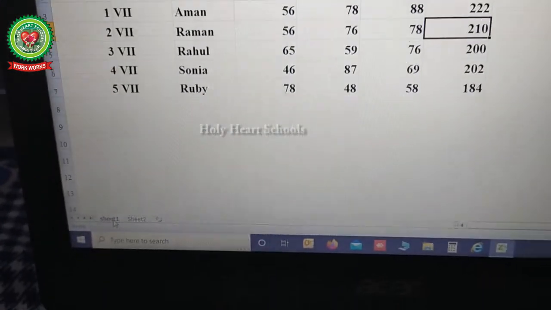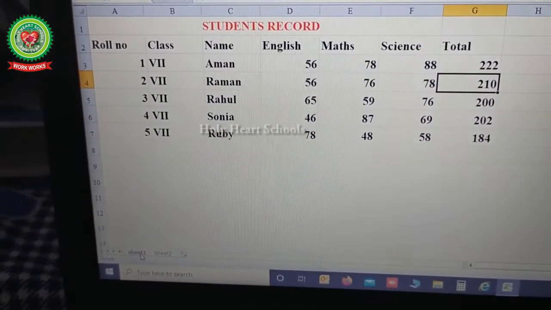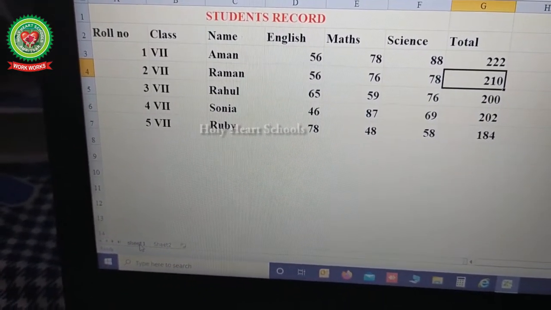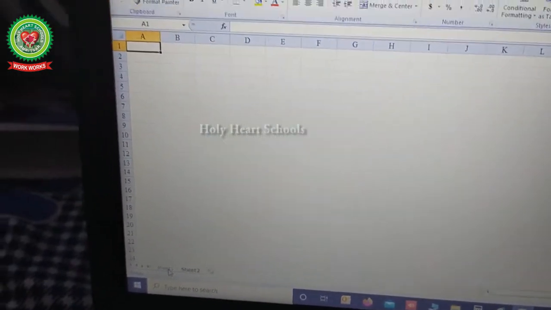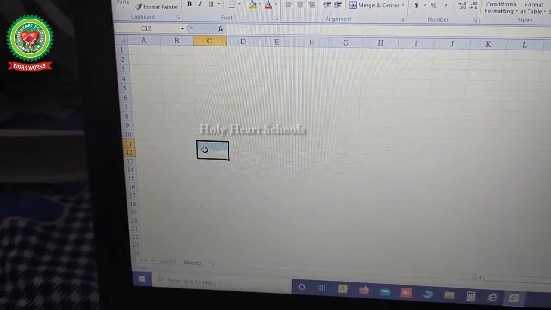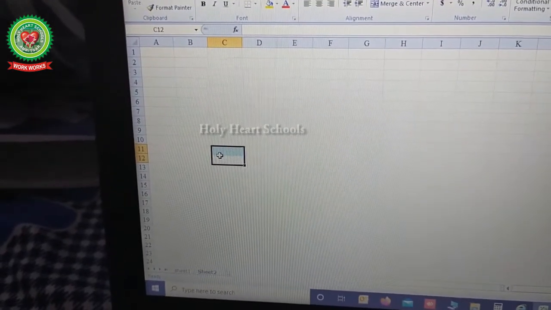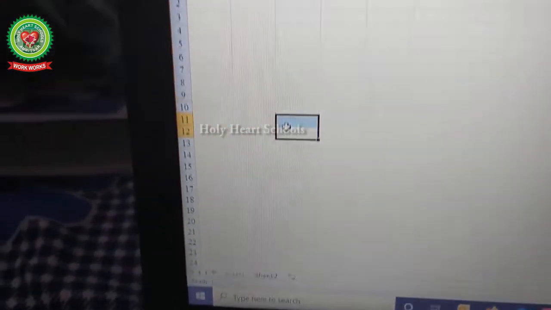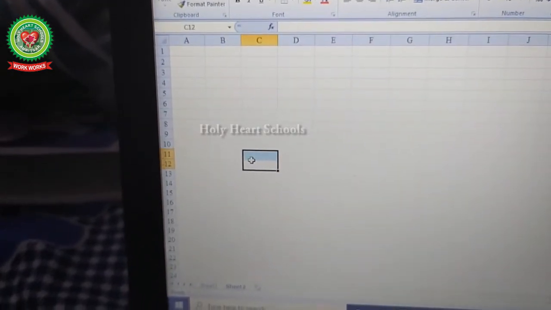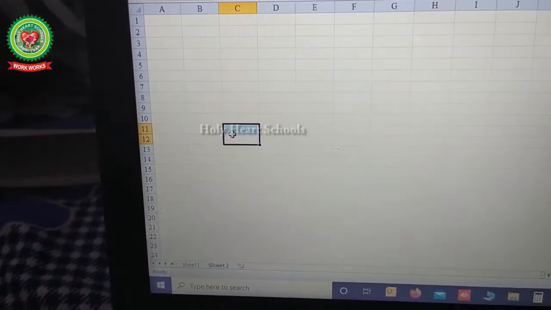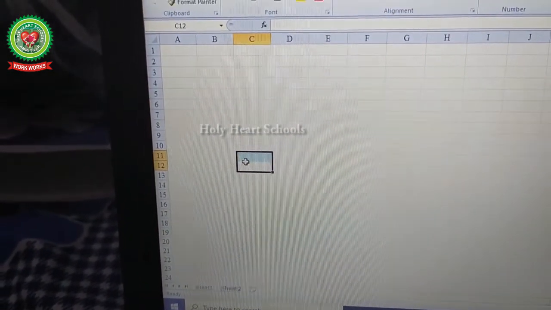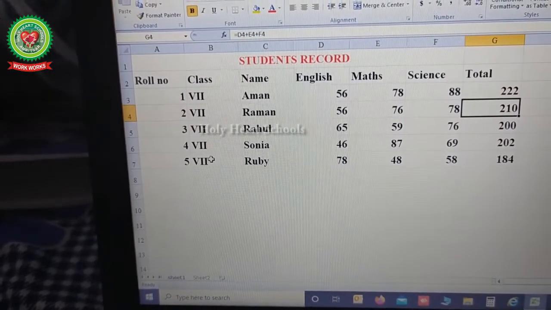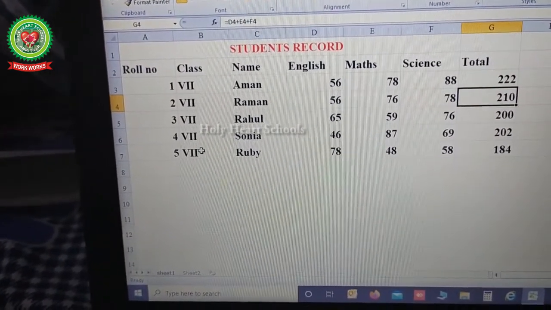Just use the Control and Page Up key for previous and Page Down key for next sheet. See, I have pressed the Page Down key and it has come to sheet number 2. It is blank. But we have done work on sheet 1. I'll again press Control plus Page Up. It will move to the previous sheet. So this is the switching between worksheets.